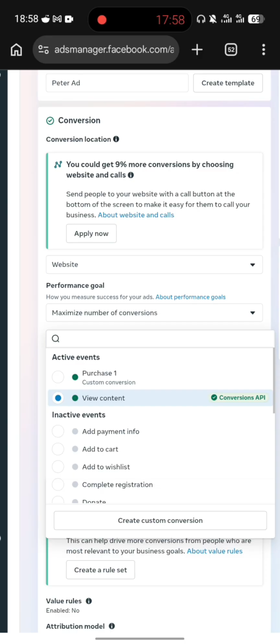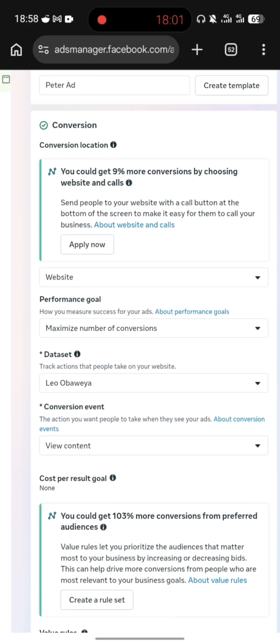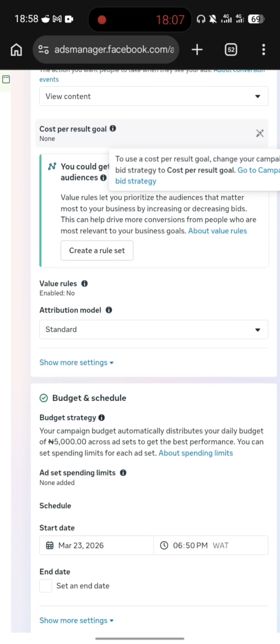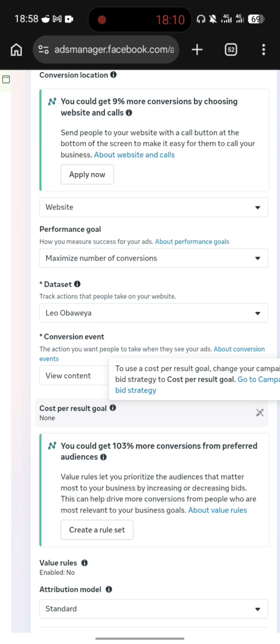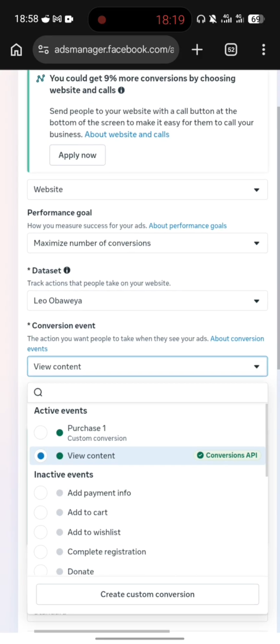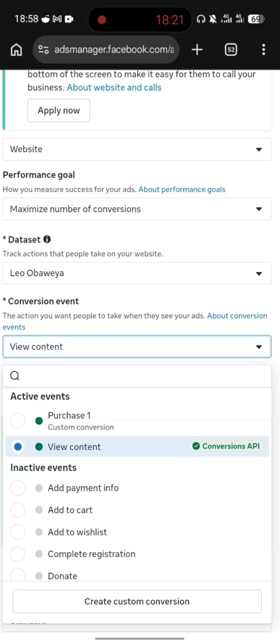The moment I put website, there's something that came up. The moment I put website, you could see this stuff with activity event where it wrote purchase one, custom conversion. Then it did view content, conversion API. This is one of the ways you can actually get the best of results when you start running ads, especially